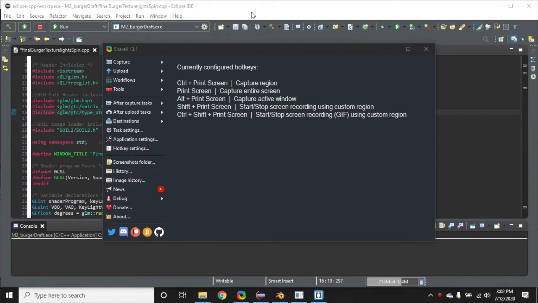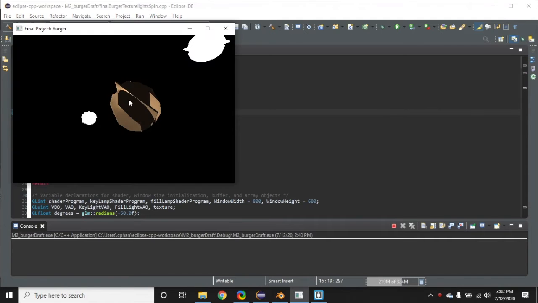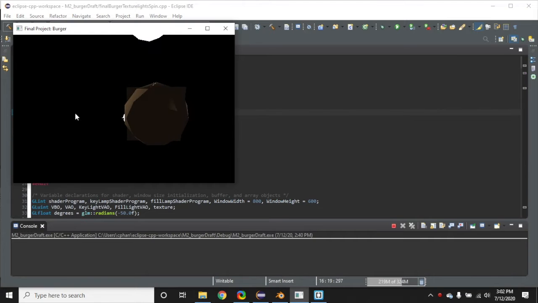Hello, this is Christina Pantamani, and I will be presenting the first of 3 artifacts for my final capstone project for CS 499. This project comes from CS 330, which was my computer graphics course, where I was able to render a 3D object, this burger, with a key light and a fill light, as well as enabling some mouse functions to be able to move